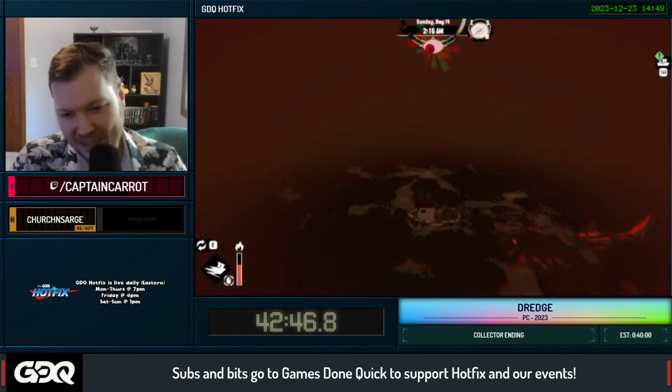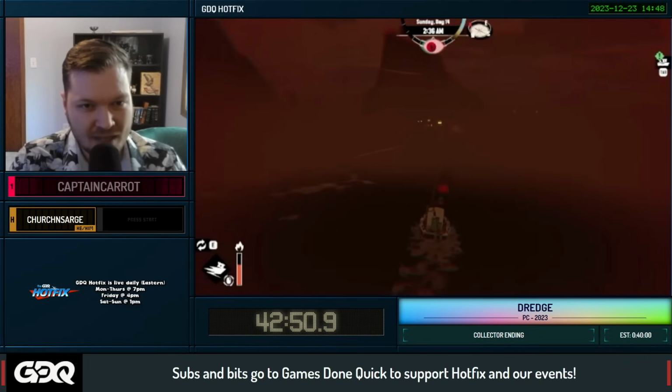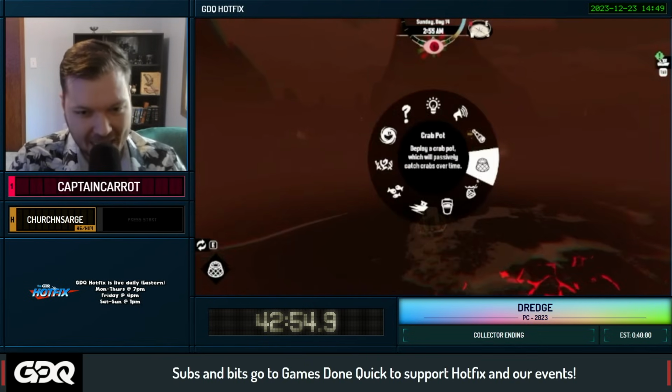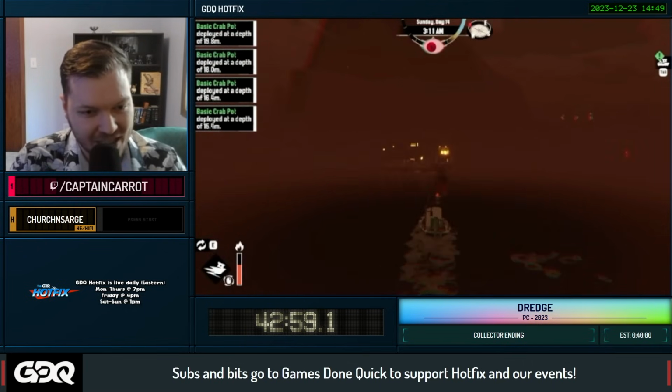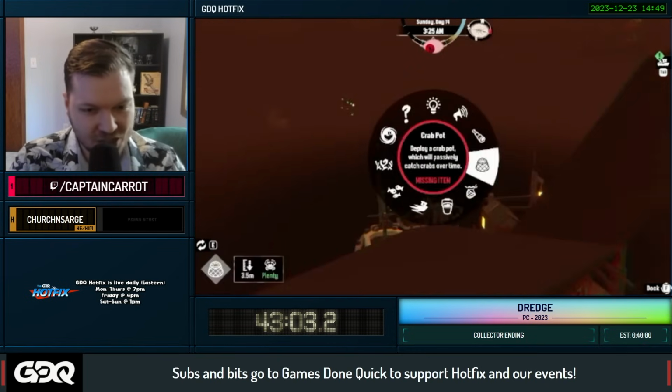We're being chased by this manta ray. We should be able to outrun him just fine, so he shouldn't be too much of a problem. That's one of the better terror events you can get. As we get up here, we want to drop the crab pots between 10 meters and 25 meters. That will guarantee us the best chance in order to...